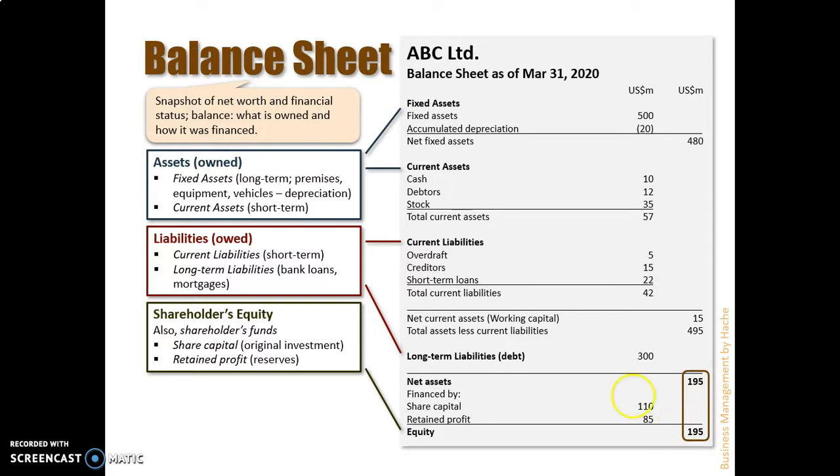Okay, so the goal of the balance sheet is that what we have to finance everything, the share capital and the retained profit, must be the same to cover all the net assets, which is all the fixed assets, all the current assets, minus the current liabilities and the long-term liabilities. So these two values have to be the same in order to make sure that we have elaborated a proper